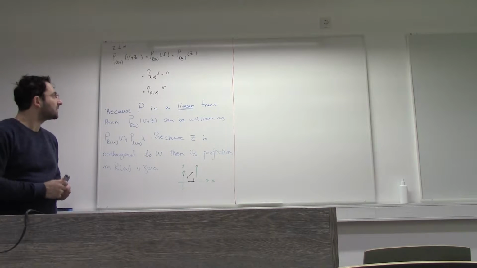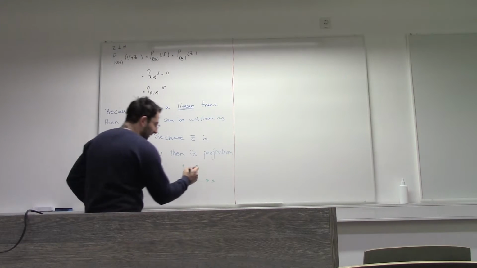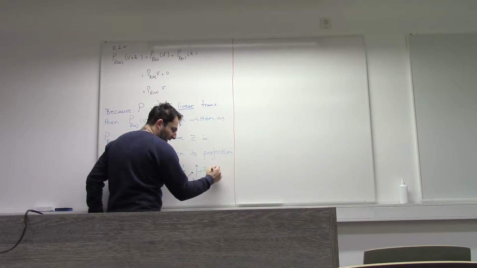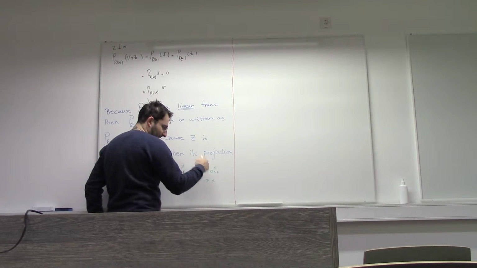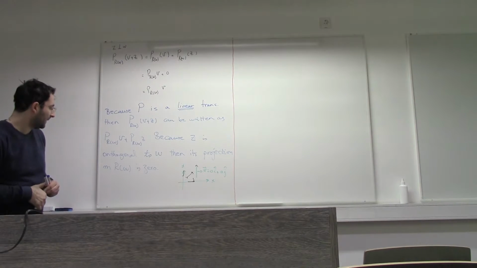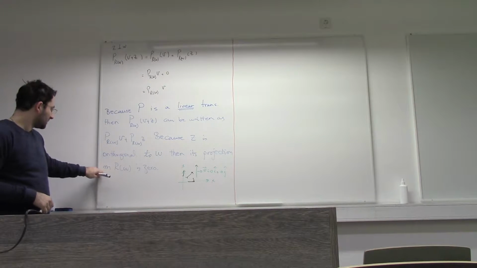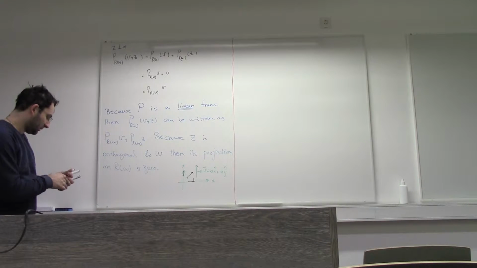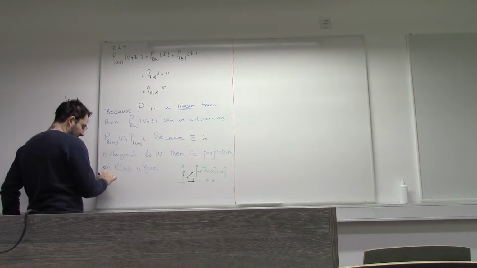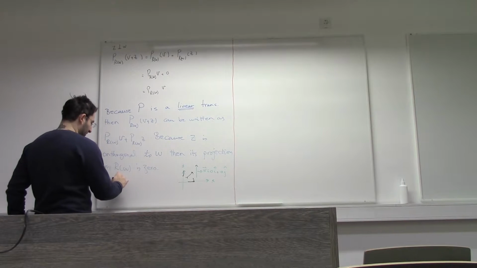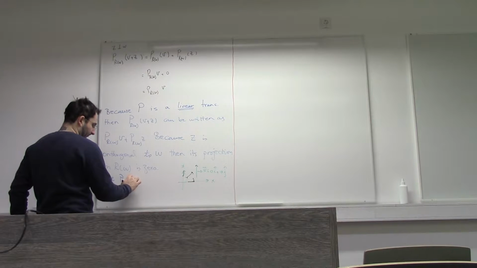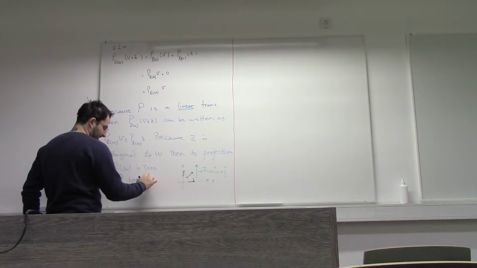So this vector v here is, for example, 0i plus, I don't know, alpha j as a vector. Now, the projection on R is 0, hence the projection is